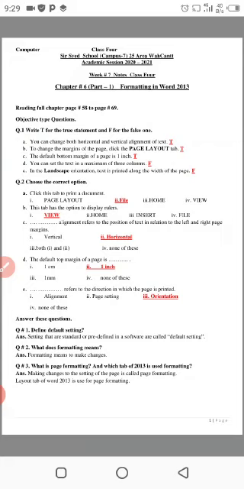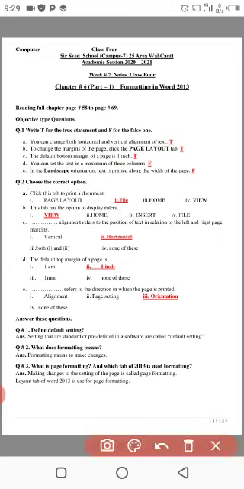Landscape is just like this, and the text is not printed in the width of the page, so this statement is false. Next question is, choose the correct option. First one is, click this tab to print a document. As shown in the statement, to print a document we should have a main option so that we can print the document or have the print option. So file is the option from where we can print a document.